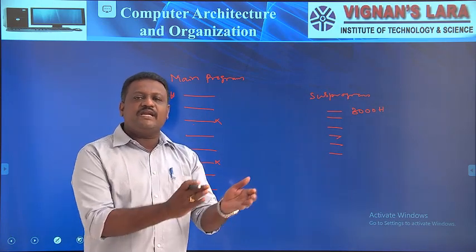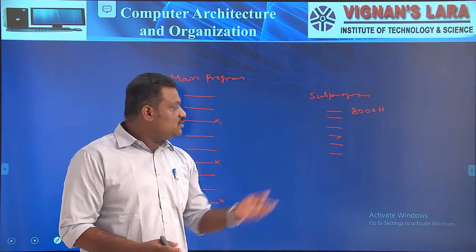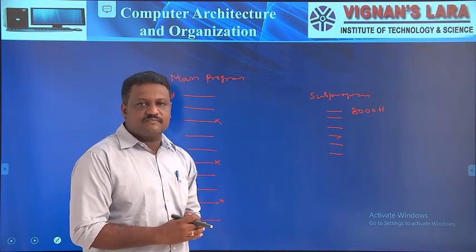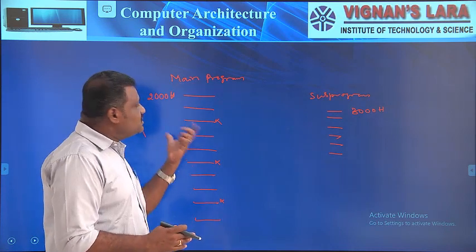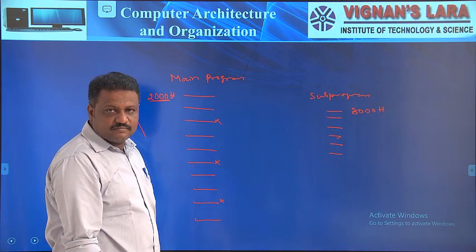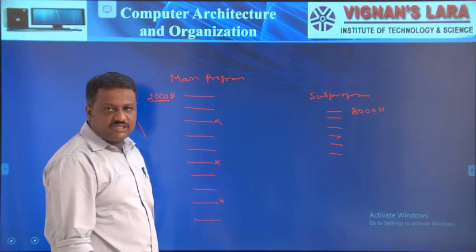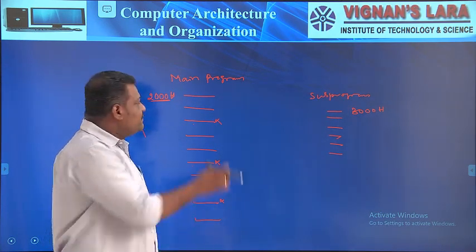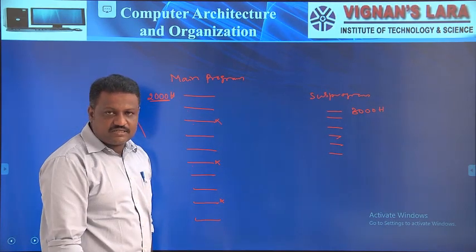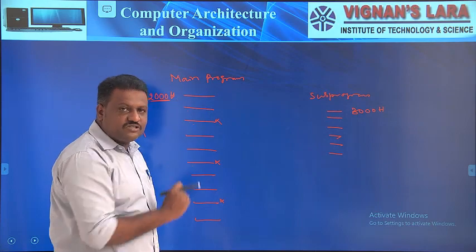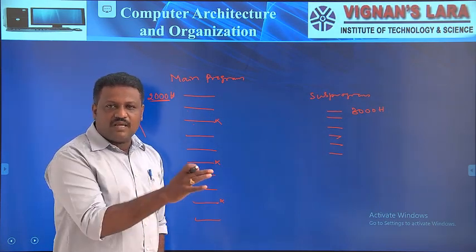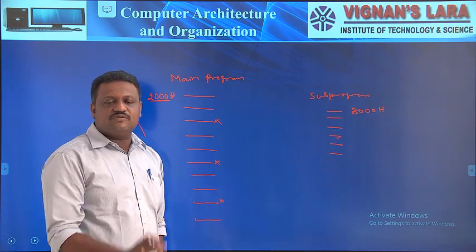Then here we try to identify the role of the stack to link this subprogram with the main program. You can verify that. In the execution of this main program, first the PC points to this address. Then my CPU accesses this instruction from the memory. While I execute this, the PC points to the next instruction address. After completion of the first instruction's execution, the CPU gets the second instruction. Like this, the program execution happens in our system.